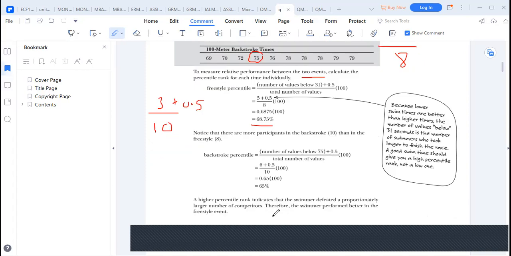So here what we're picking ideally is a higher percentile rank, which indicates that the swimmer defeated the proportionality. So larger number of competitors, therefore the swimmer performed better in the freestyle. The freestyle had 68.75. Now I want us to go to the exam question